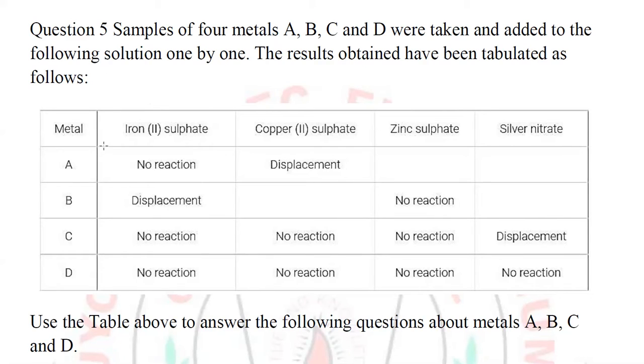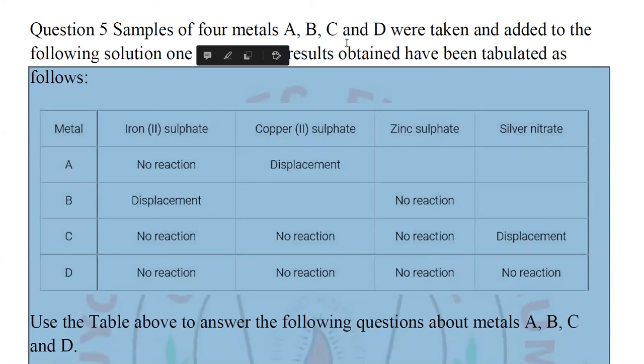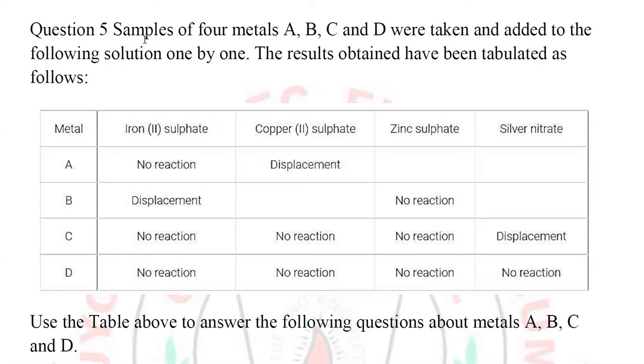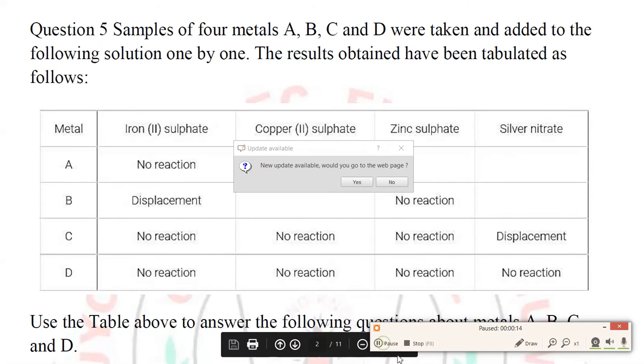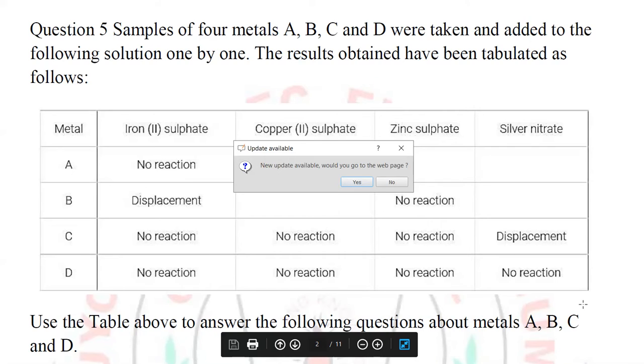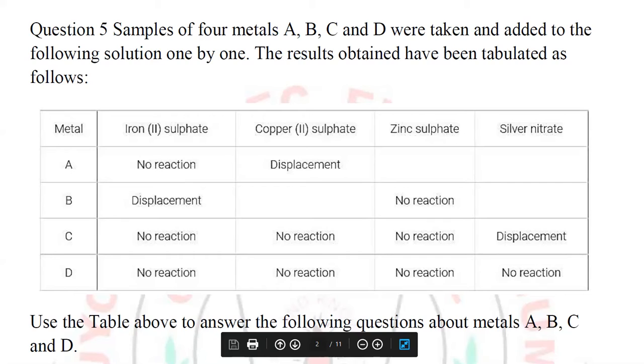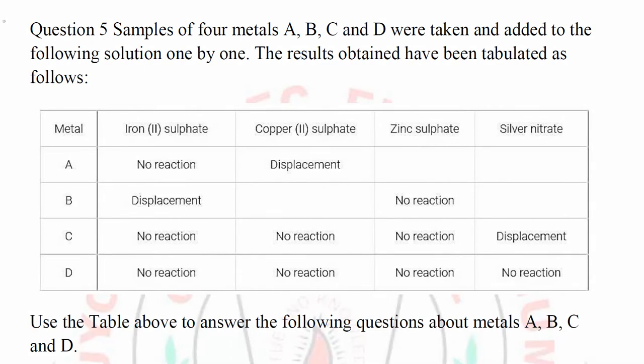Welcome students. Let's continue with the question and answer which we were solving here. Okay. So now in this particular topic we are going to see how to solve this question and answer. So for solving this question and answer we would like to start with question number 5, where it